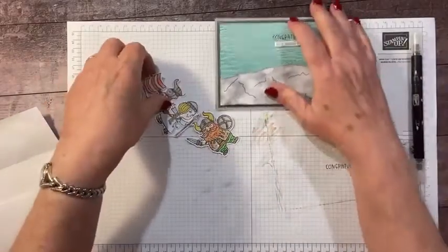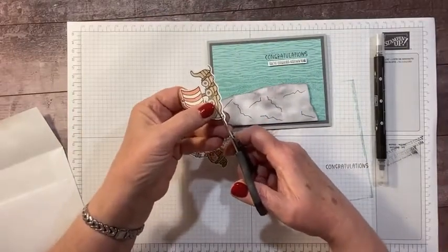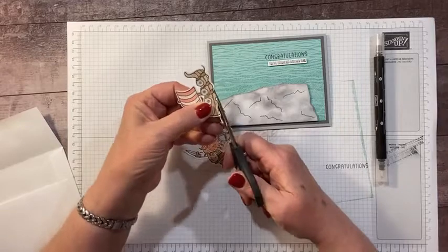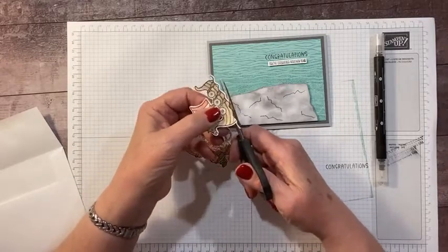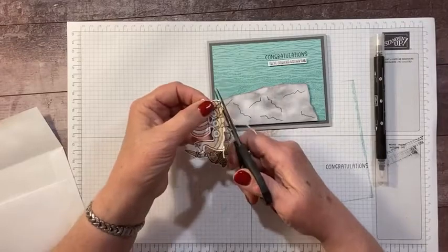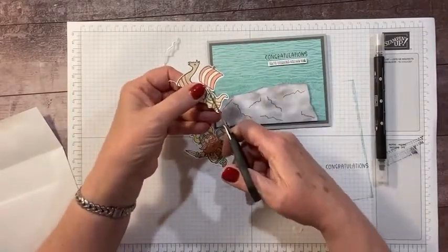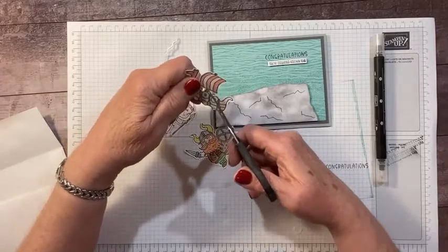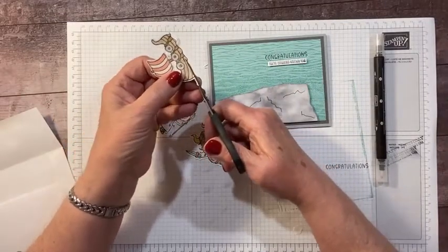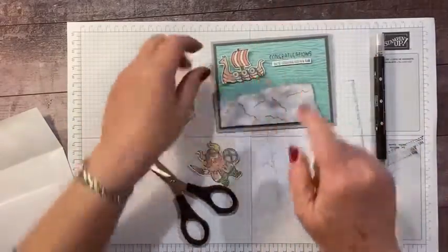All right. So I'm going to take this. This is going to be out floating in my water, but I don't want this white to show. I want it to look more like it's in the water. So I'm just going to cut out the white off the bottom of the boat and leave the black line, just so it looks like it's floating in the water a little bit more. I think I'll cut just a little bit off the top of the water line. Okay,